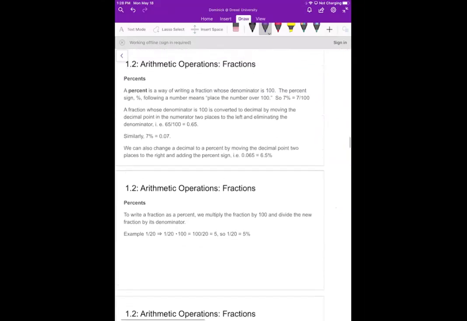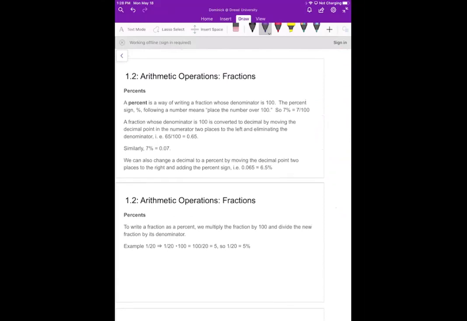Okay, now the last thing that we can talk about in this section is the idea of percents, right? Now percents sort of relate to fractions because if you say percent, that means that you're just putting the number over 100, right? So if you have 7%, that really means you're taking 7 out of 100, right? So what you could do is convert back and forth between percentages and decimals by moving the decimal place